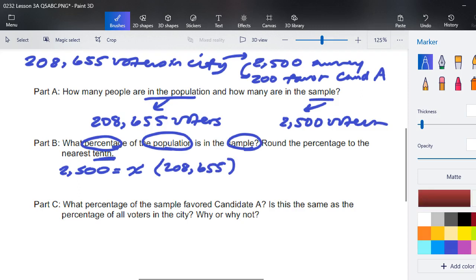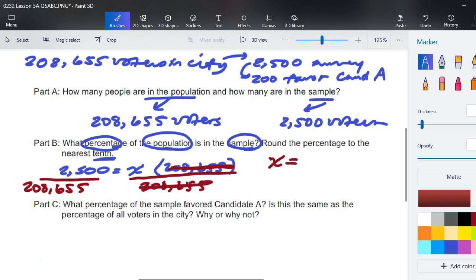We need to follow the same processes we've been following to solve our one-step equation. We need to remember about the decimal, and when we get a decimal, that we need to convert it to a percentage. Grabbing your calculator, we have 2,500 divided by 208,655. It's in decimal form, so I'm going to multiply it by 100, and I get on my calculator screen 1 and